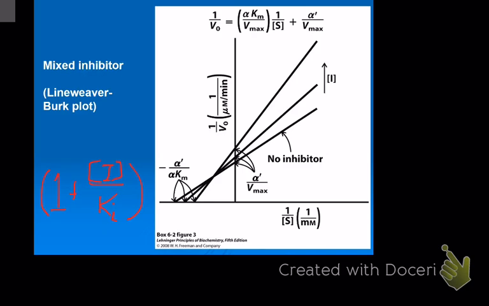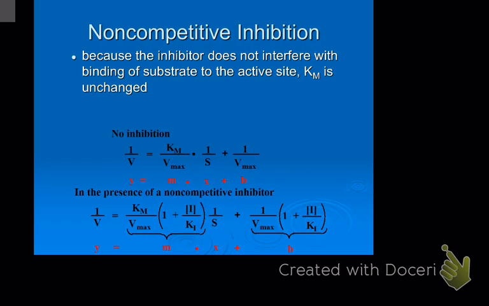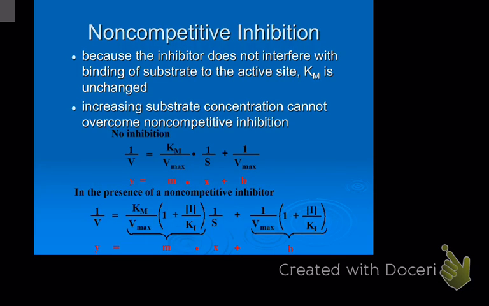Then we have non-competitive. Remember, non-competitive doesn't interfere with the binding of the substrate. So Km is the same, but Vmax has changed. The way that looks, you can keep adding more and more substrate concentration, but you can't overcome the non-competitive inhibitor. Since it's got the same